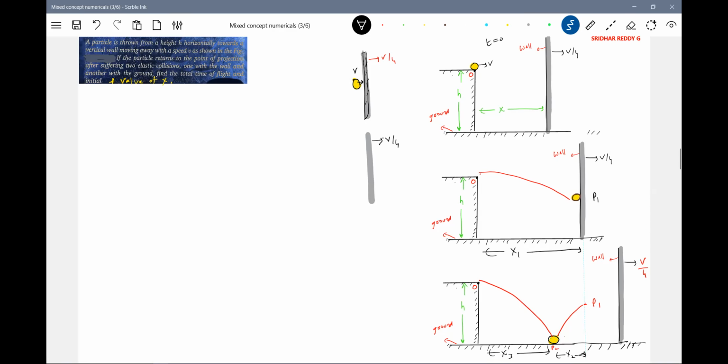Then the ball will have two components of velocity: v1x, v1y. v0x at the initial, from O where we have projected. Then after collision, the y component of velocity will not change. Okay, let it be v1y, no problem. Whereas the x component of velocity will change. v0y, v1y, later on we'll write it.